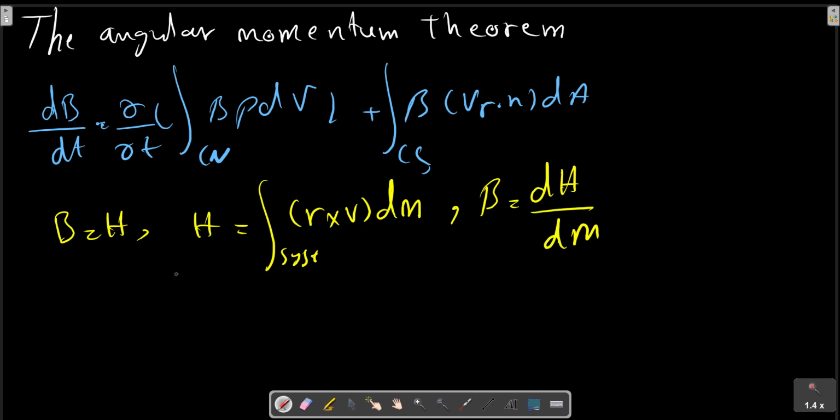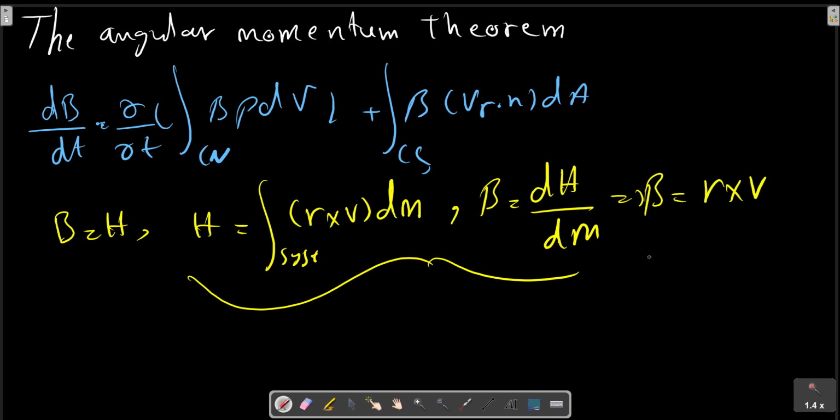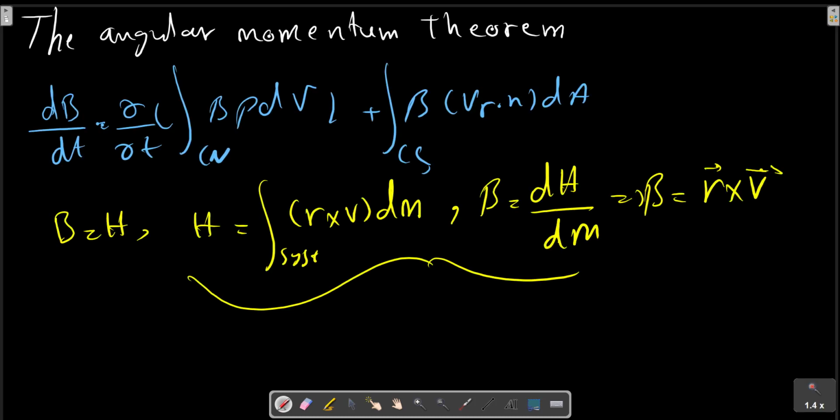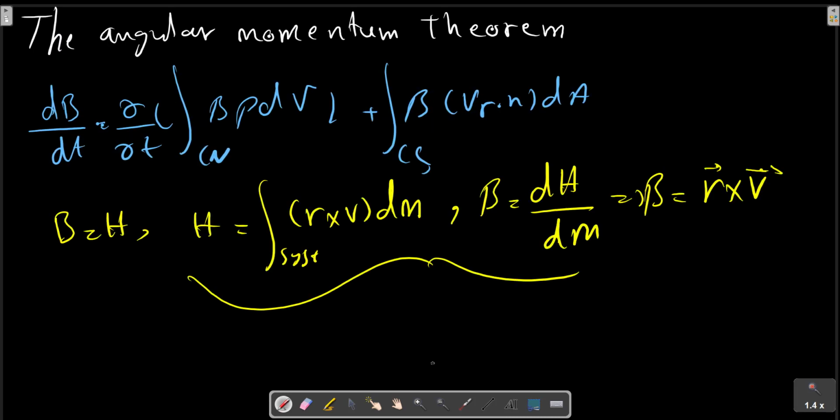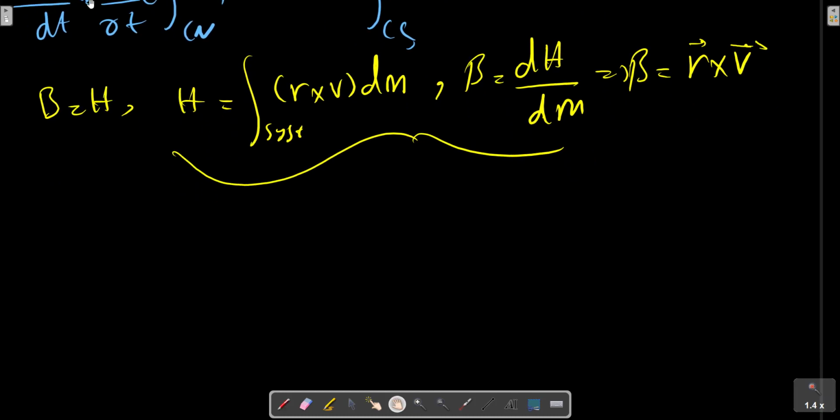From these two relations, we can calculate beta equals r cross V, which is a vector. By replacing into the Reynolds transport theorem equation,